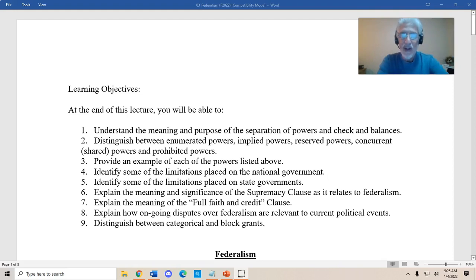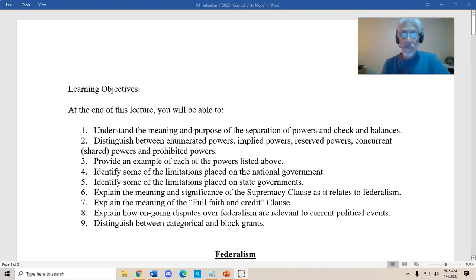One of the things I believe that you're going to find out by the end of this lecture is federalism winds up being significant in some of the things that you experience in your lives and I experience in my life. This negotiation between the power of the national government and the state government and who's in charge. And so I'm going to talk about that more fully. So while it may not seem like federalism is particularly important or interesting right now, hopefully by the end of this set of lectures, you'll see that it is significant and it is actually interesting, period. We'll see.